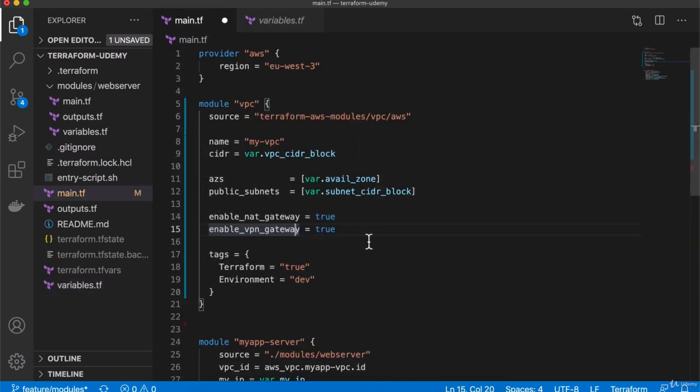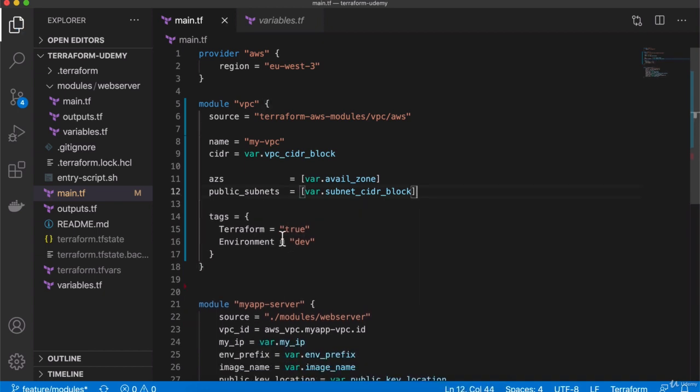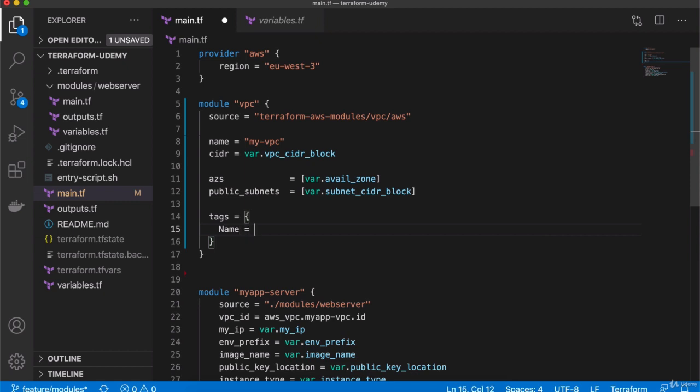And these 2 lines here, NAT gateway and VPN gateway for our VPC, are actually for our specific use case. We don't need those, so we can remove them to make the configuration simpler. And here we have the tags, right? So just like previously, we can give it a name tag. So let's do name and var.env_prefix